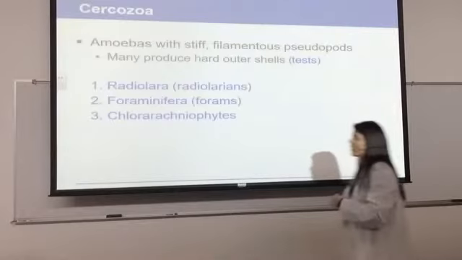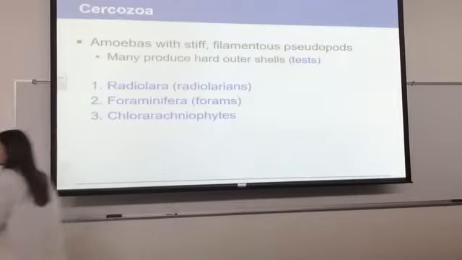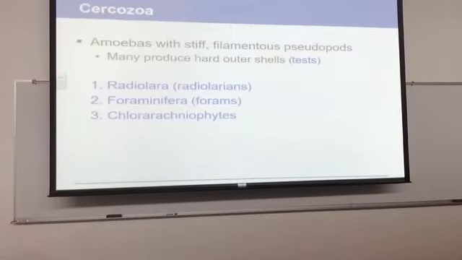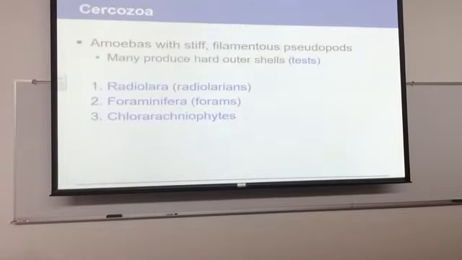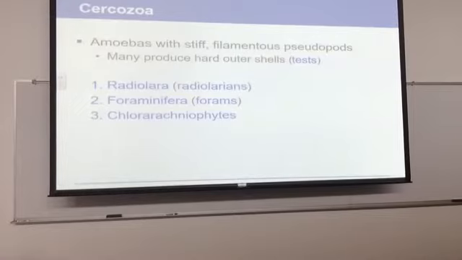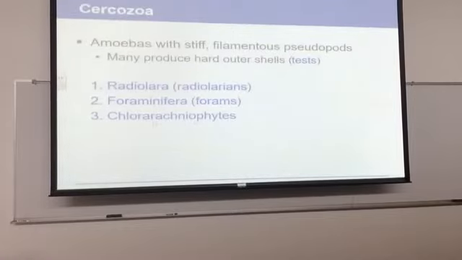Three groupings: Radiolaria, Foraminifera, and Chlorarachnophytes. Now, as far as your notes go, we are going to discuss the first two. The third one is not brought up in these notes. I'm just letting you know that. It is touched on. We talked about this in lab, the chlorophytes and the charophytes, which are next. But there are no notes about this, and so it doesn't go any further other than knowing that it's a grouping of Cercozoa, in case you're wondering that for study purposes.